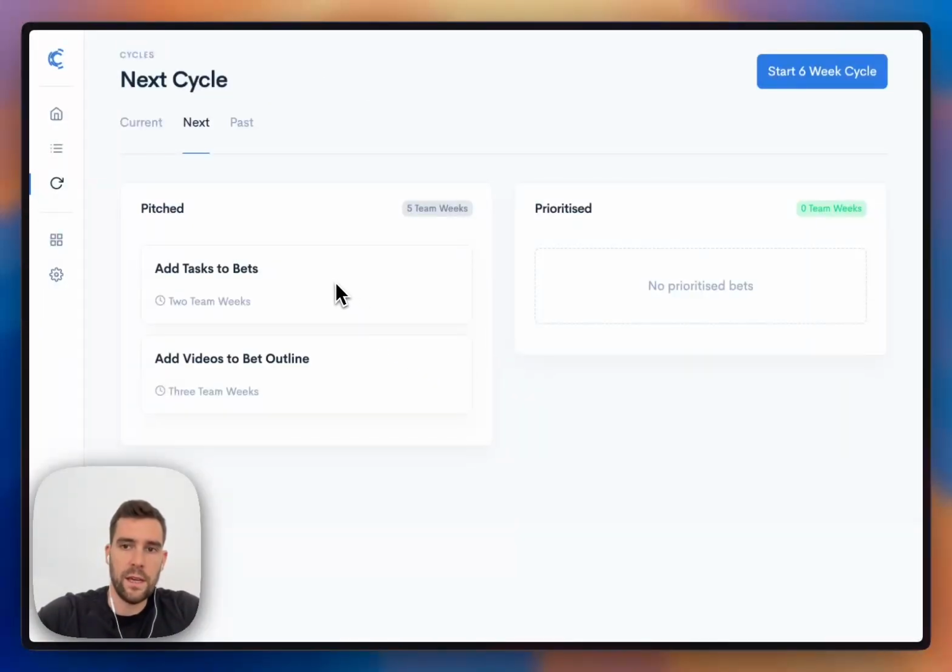So here you can see there's a pitched column. So these are all the bets that users have created, members of our team or the company, for example. And I could easily click on these and read the outlines and understand what they are. You can see the appetites for each of these, so 2 team weeks or 3 team weeks, and a total of the amount of team weeks that the total pitch column includes. And then